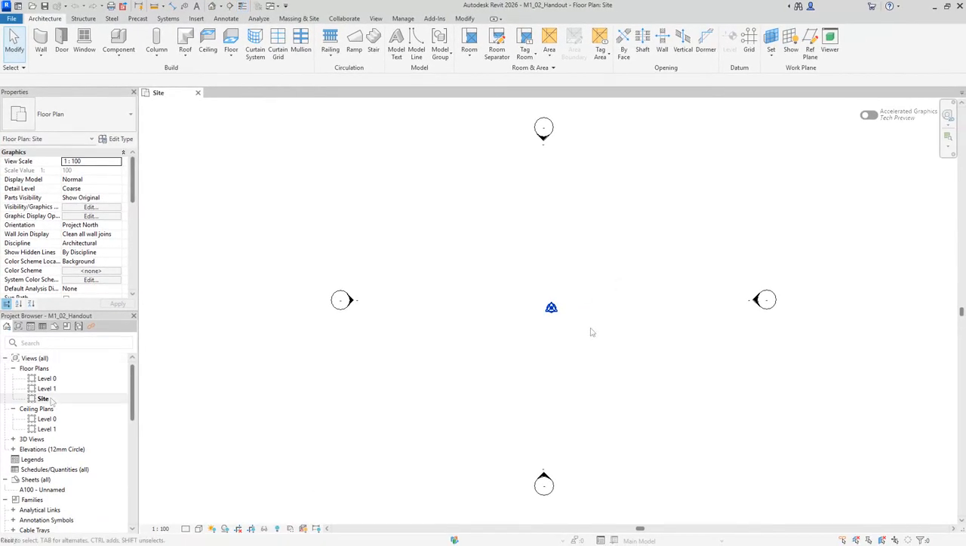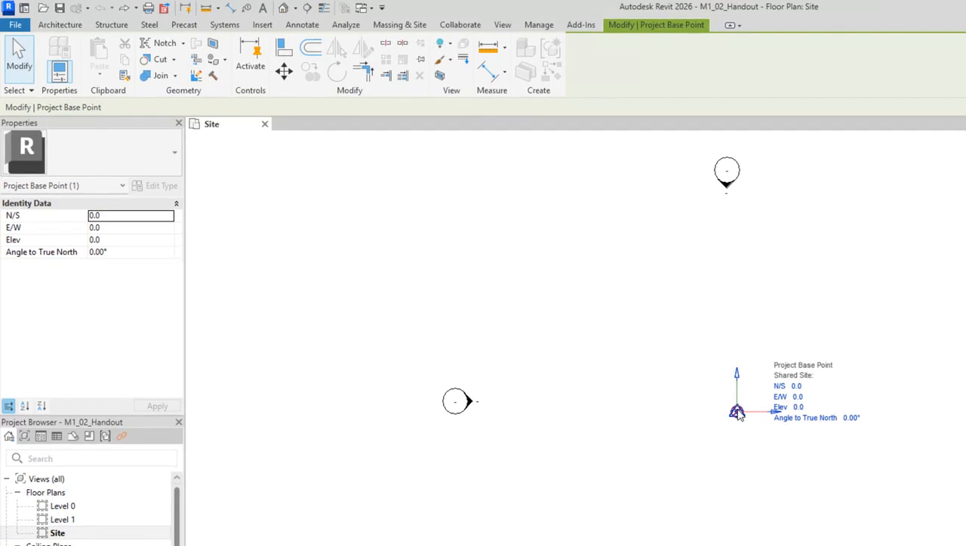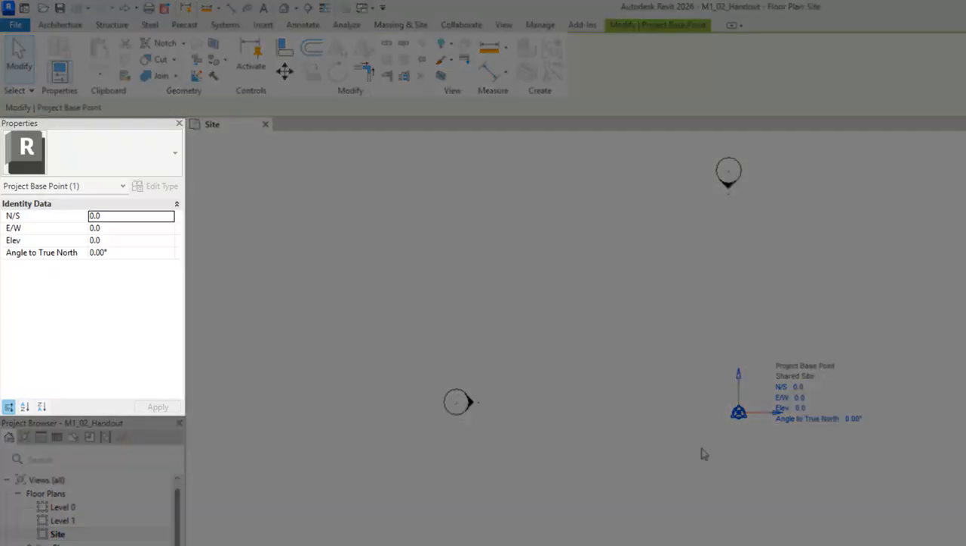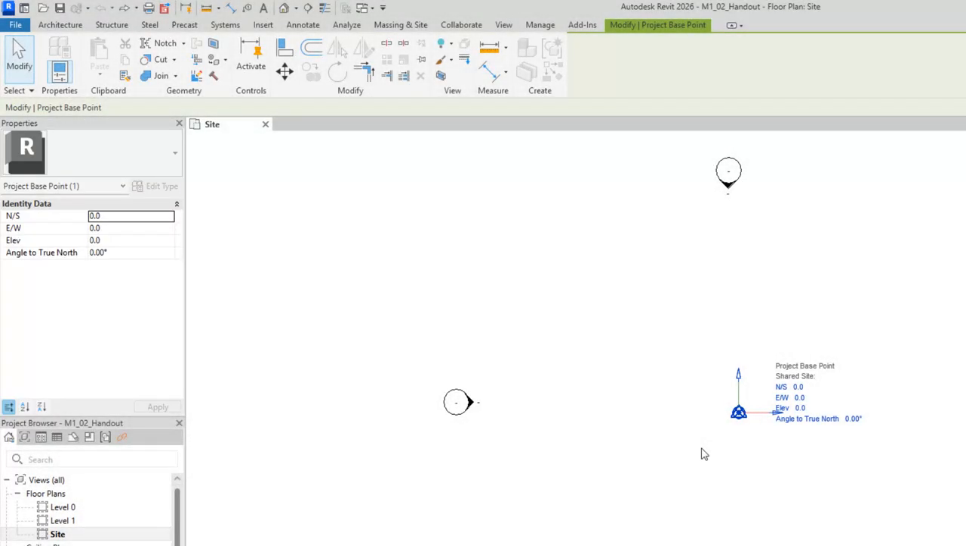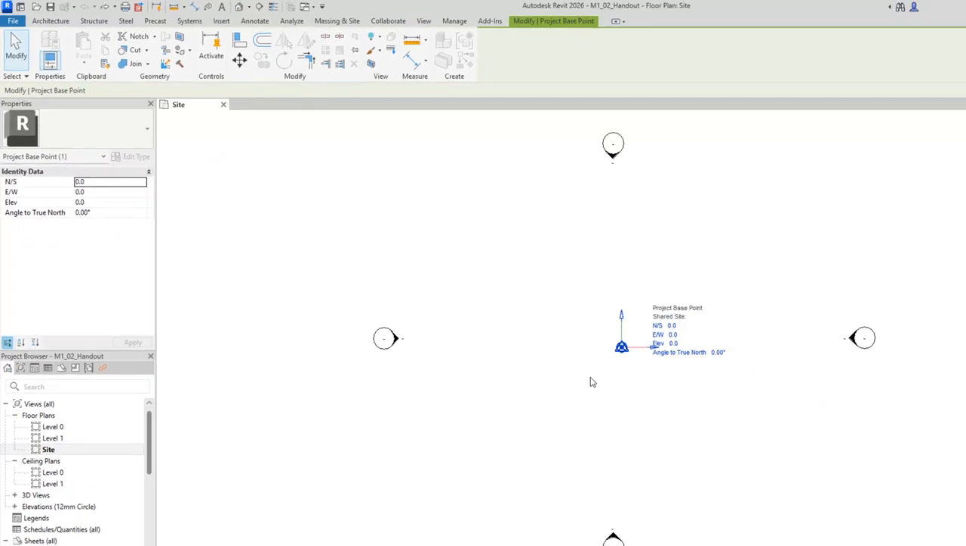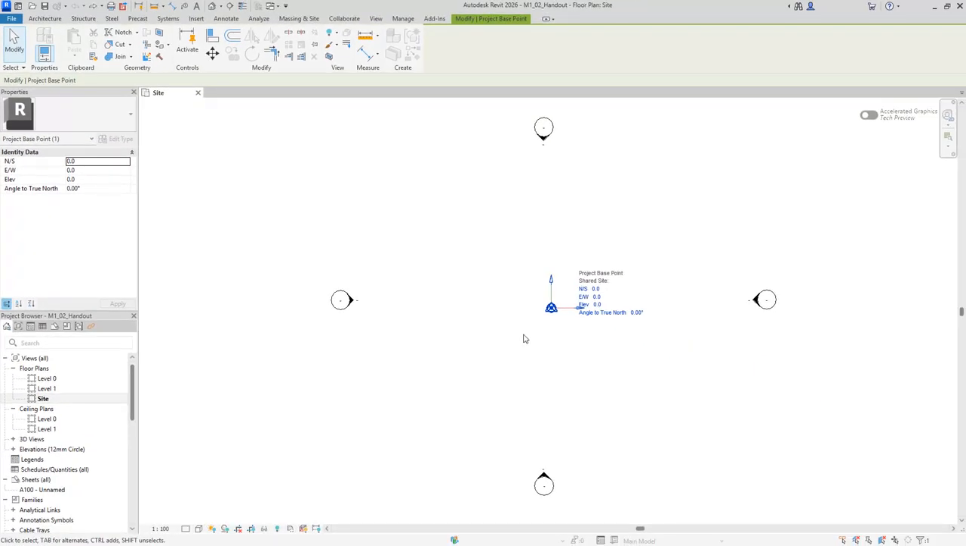To check the project coordinates, click to select the project base point. You can check you've selected the correct element by looking in the Properties panel. You should see project base point listed here. You'll see the coordinates at this time are north, south, 0, east, west, 0, elevation, 0, with angle to true north, also 0. To set them as to the project requirements and as provided in the BEP, on the ribbon